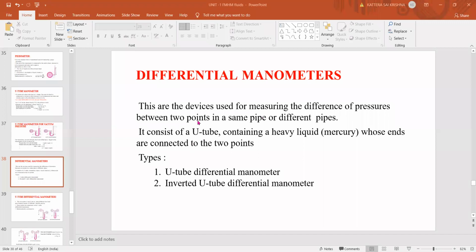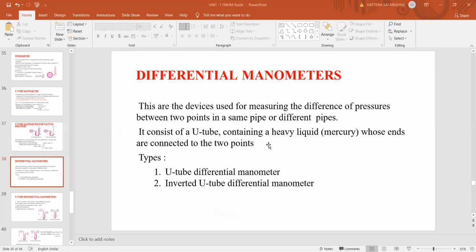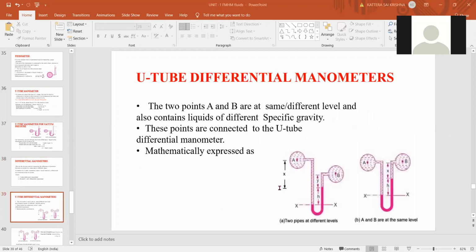So here, what we have is the same thing. Last class we have seen a U-tube, a glass bent as a U-tube, connected at one end. What we are going to do now is connect these two ends to a single pipe or two different pipes, depending upon the problem. If the question asks to find the pressure difference in two different pipes, we'll connect it to another pipe here. Suppose the same pipe is there, we'll draw a horizontal pipe and connect it at the two corners. So that is the difference here. Here we have two types of differential manometers: the U-tube differential manometer and the inverted U-tube differential manometer.